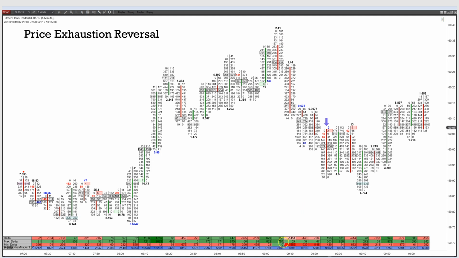You got positive delta on the red bar, so I know that there's some resistance selling up there near the top of this bar, most likely. Bar is red, then boom, minus 1400. Now, would I be looking to get short off this bar initially with the positive delta? I mean, you can. It's a bit aggressive, but if you wait for this bar here to confirm it, the aggressive selling has taken over. You're talking a move from 60.10